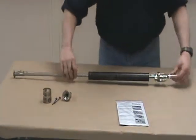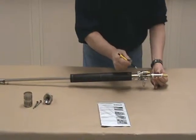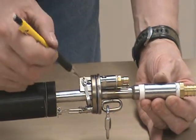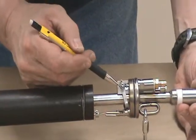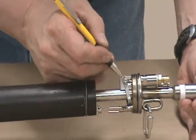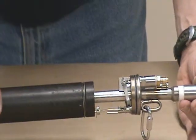To see if the exhaust valve is set properly. This is the exhaust valve. This is the exhaust line barb, hose barb here. You can take your fingers and move this collar that I have my pencil going on. It should be rigid. You shouldn't get any movement in there, which means the exhaust valve is hard up against